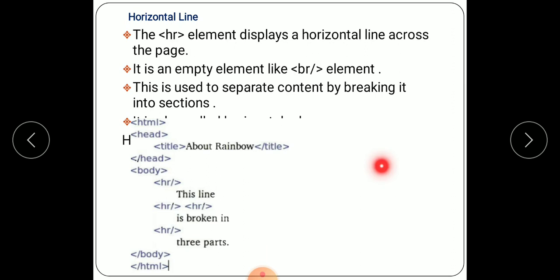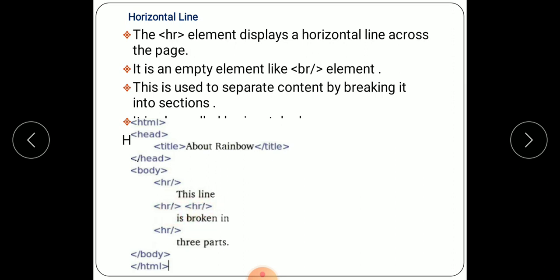Here I give the input code: write the HTML tag, then the head tag, then the title tag, then close the head tag, then write the body. In between the body tag you can write the HR tag. Here I write HR, then I write this line, then here I close HR.